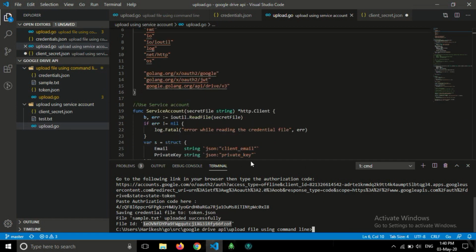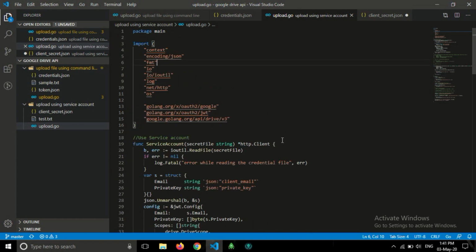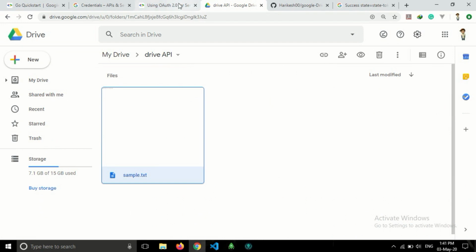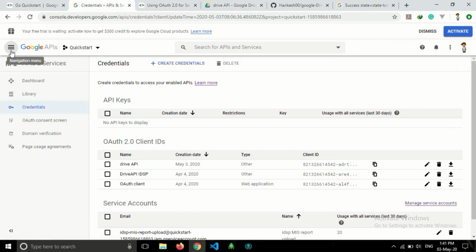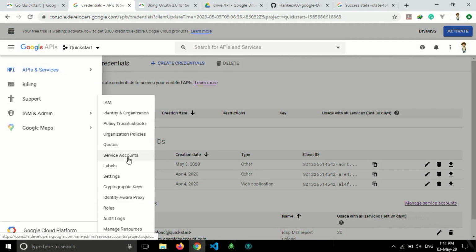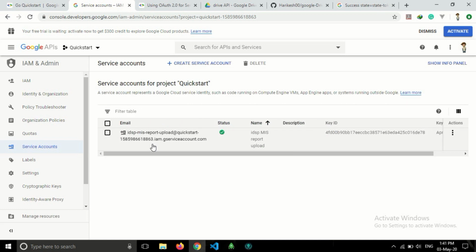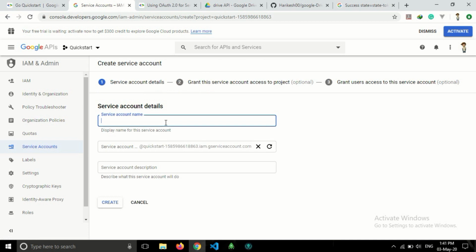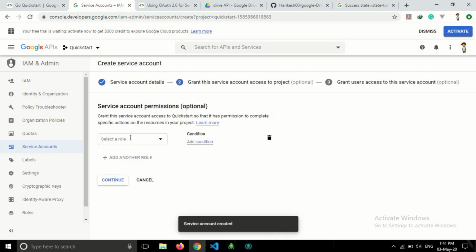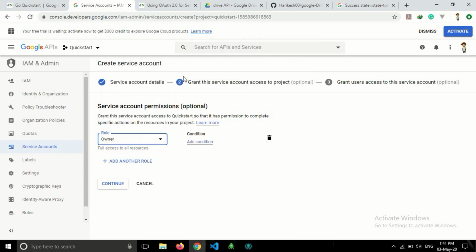For this we will need a different account. So create a service account. Go again to credentials, and you will see the service account here. Create a new service account, give whatever name you want. Select the role as project owner.